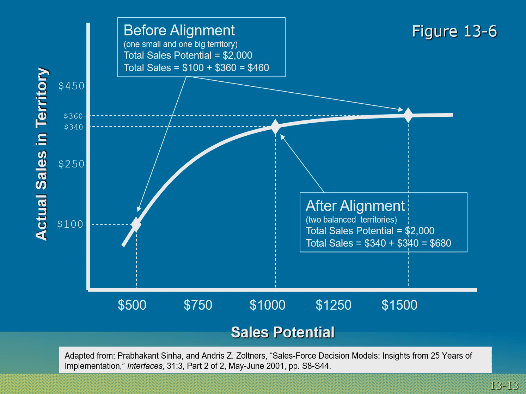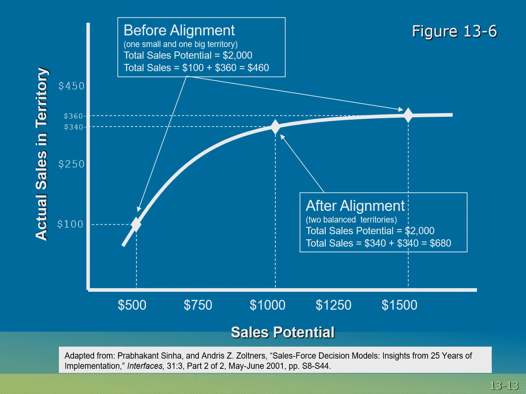The x-axis is sales potential: 500,000, 750,000, 1 million, 1.2 million, 1.5 million. And on the y-axis is the actual sales in the territory. This is the potential, this is actual. Of course, normally you cannot reach the full potential. You reach part of that. So this is 100,000, 250, up to 450 in actual sales. Before alignment, the company has this